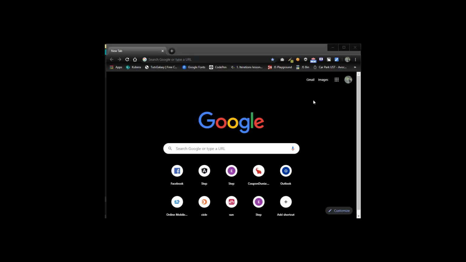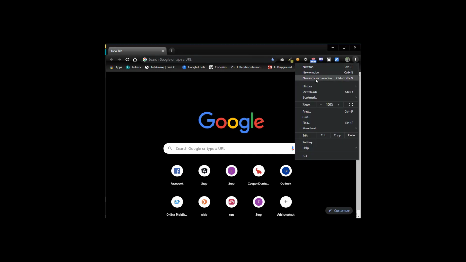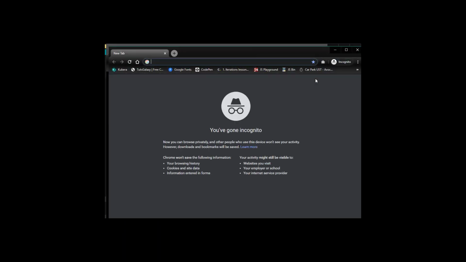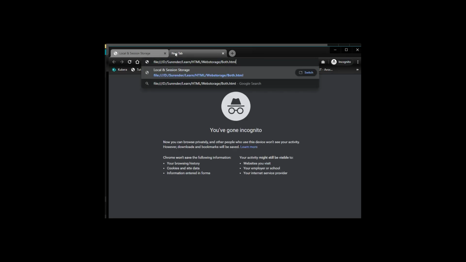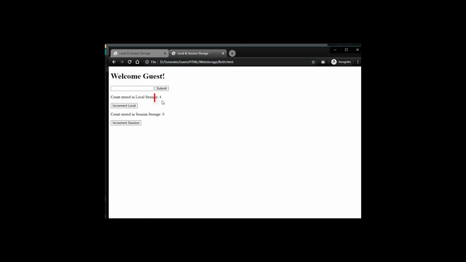Let's verify this. I am going to open this application in an incognito window. And I am increasing both local and session counts. Now, if I open this in a new tab, I can see the local storage is retained but the session storage is cleared. We can also verify this in developer console.